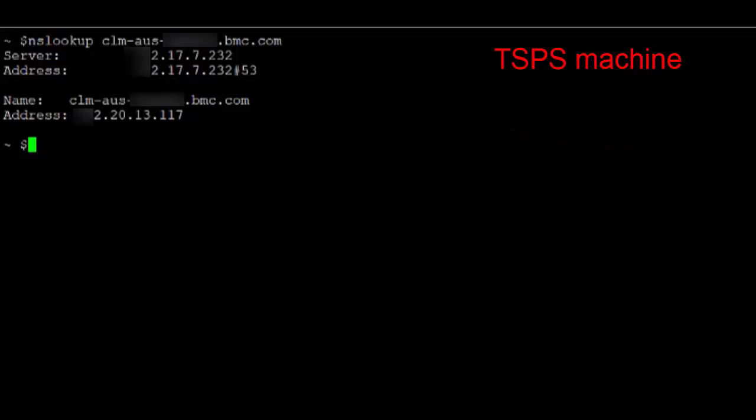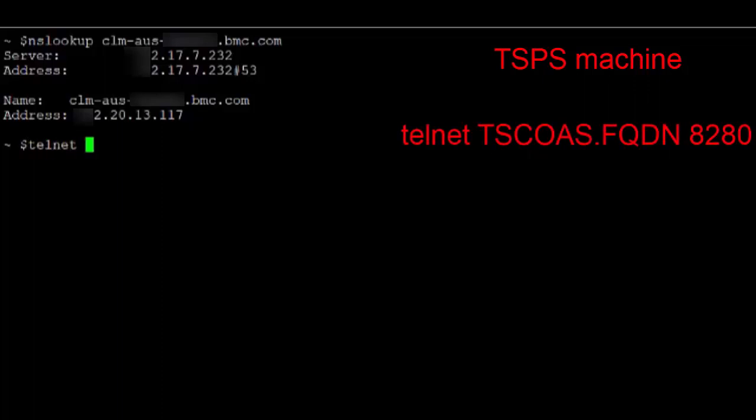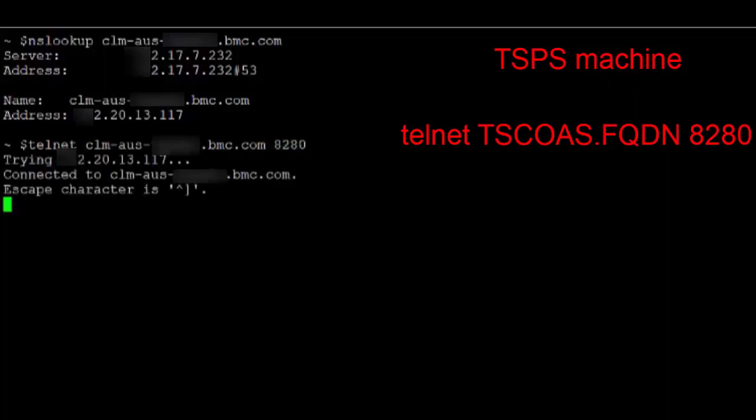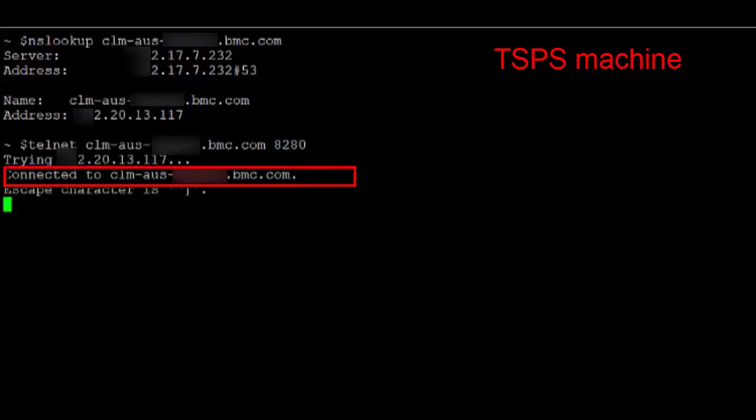If it works, then we'll run the following command, which is telnet along with the FQDN of the TSCO Data Hub machine with 8280 port, and we'll hit enter. It says connected. If it doesn't, then it means that we have a closed port or a non-working HTTPD